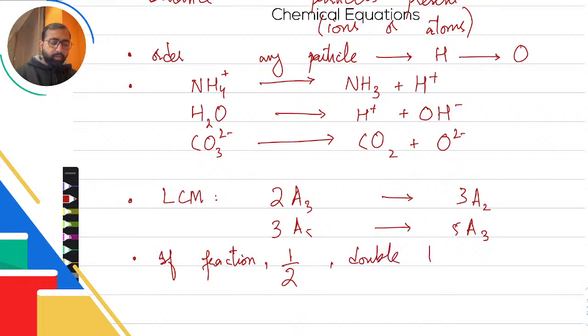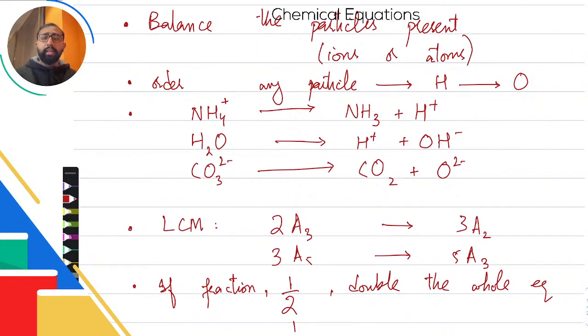Or if the fraction is of 4, then multiply the whole equation by 4. So basically, whenever you have a fraction, it's perfectly fine to have a fraction, but if you want to get rid of a fraction, just multiply it all by 4. Now, while I have written all these 5 points, the best way to really understand this is to put it to a test. So let's try to balance a few equations, and then we will fully understand how this thing really works.